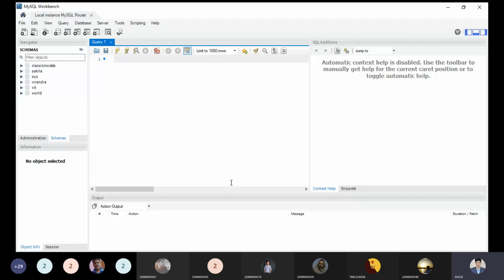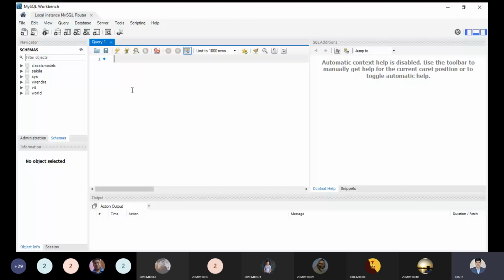So when talking about this, you can see over here on the left side the schema is showing. Are you able to see the schema on the left side? Yes, sir. Okay, so this schema means we are discussing the database schema. Here we have two options. Either by right click we can create the schema with the help of the GUI, that is the graphical user interface. But for learning purposes, we are not bound by the graphical interface. It is a better idea to create the database by code.